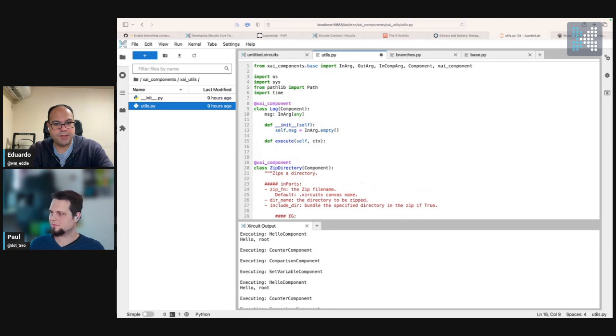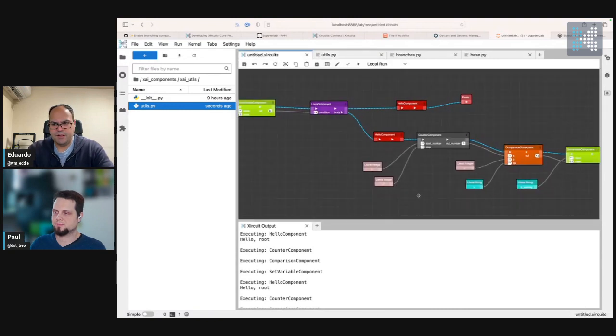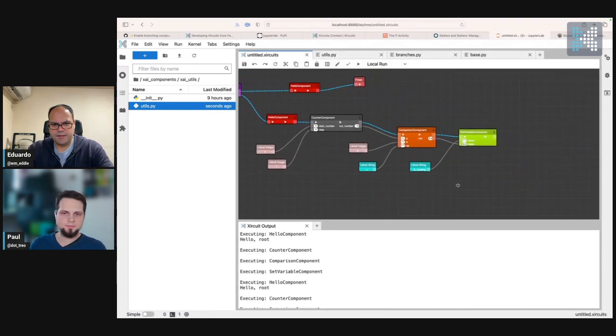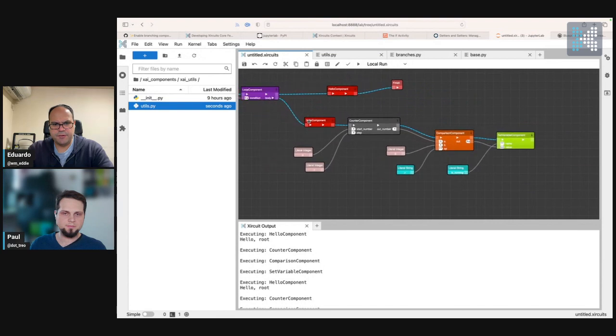We simply print the string representation of self.message.value. And that's it. Yeah, I think so. And then when we do that, we could, for example, get rid of this hello component,